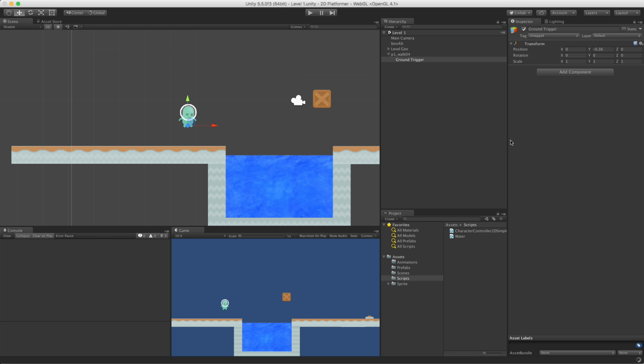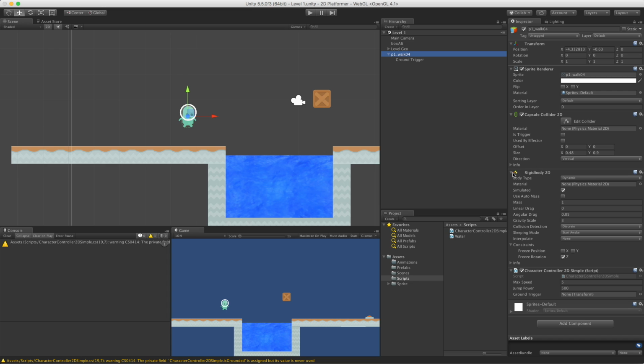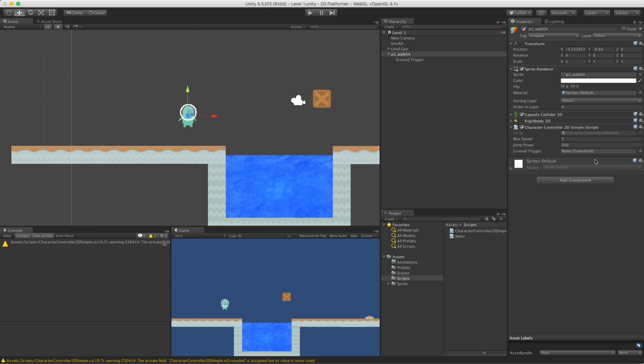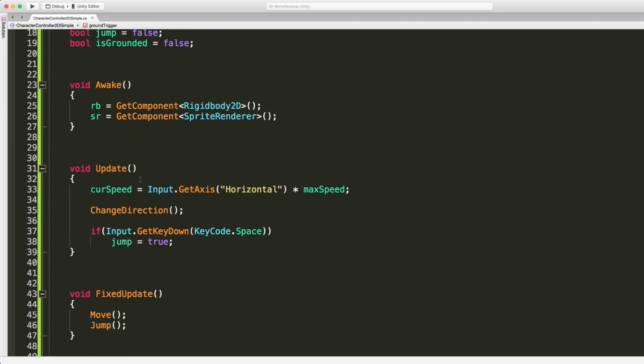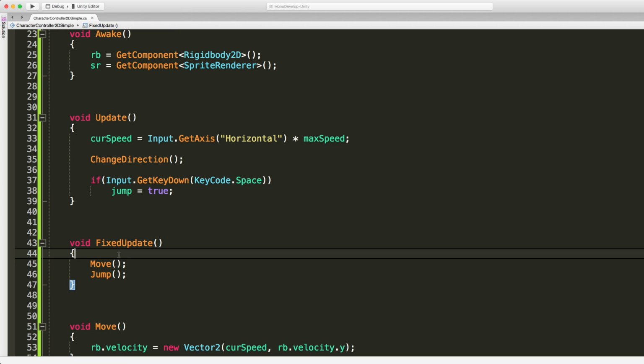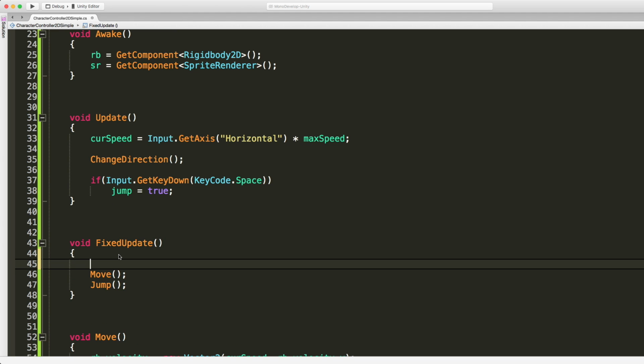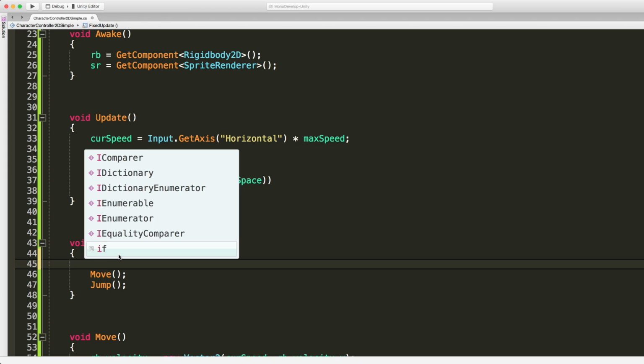Quickly jump into Unity. Assign it before I forget about it. And I'm going to shrink some of this stuff up for now. We assign that. Great. Save again. Jump back into MonoDevelop. And I'm going to come down to the FixedUpdate, and this is where we actually do the check to see if we are grounded. And this one I'm actually just going to throw in the FixedUpdate. For homework, go ahead and move this out to its own method. And I'm just going to say isGrounded